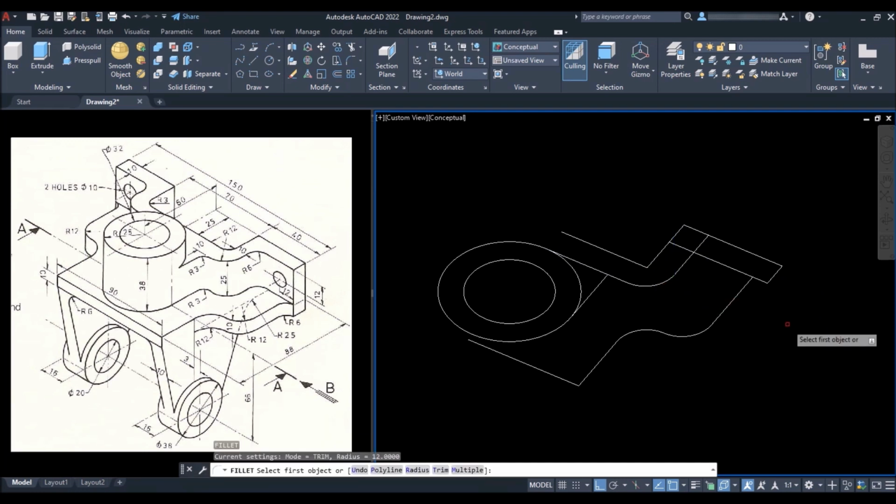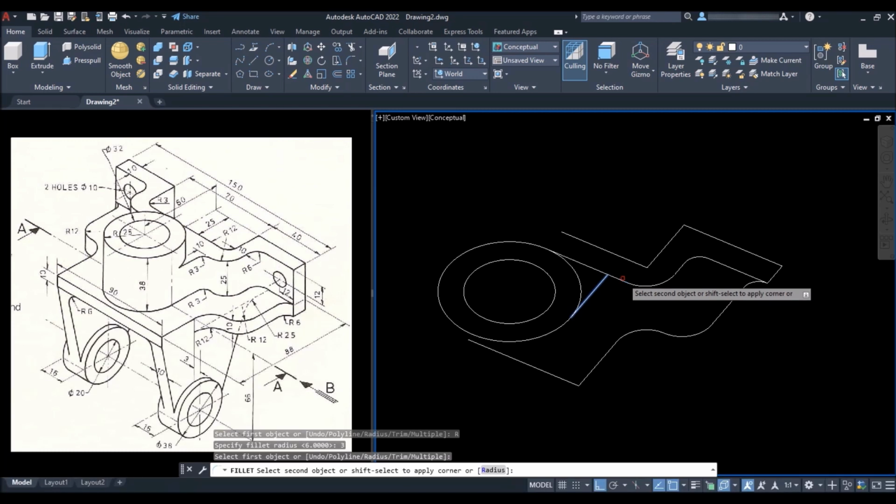Repeat fillet command, type R and press enter, change radius to 6, press enter, add the fillet as shown. Change the radius to 3 and add this one.